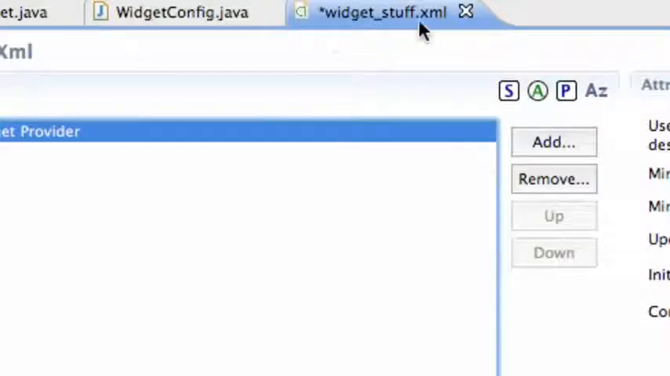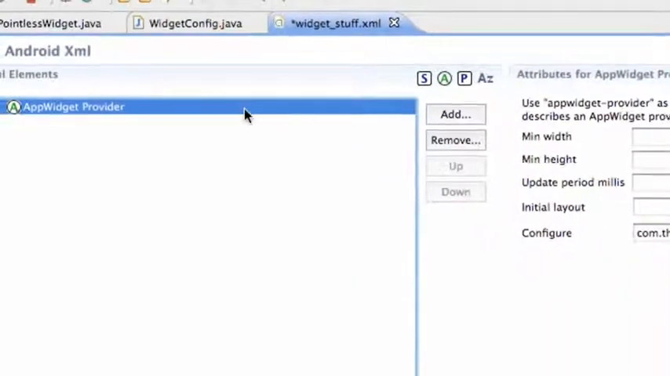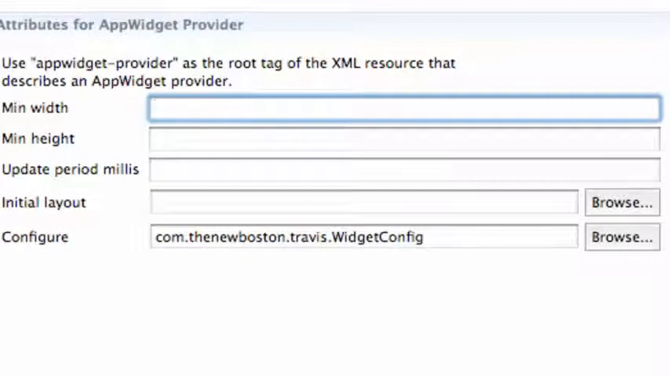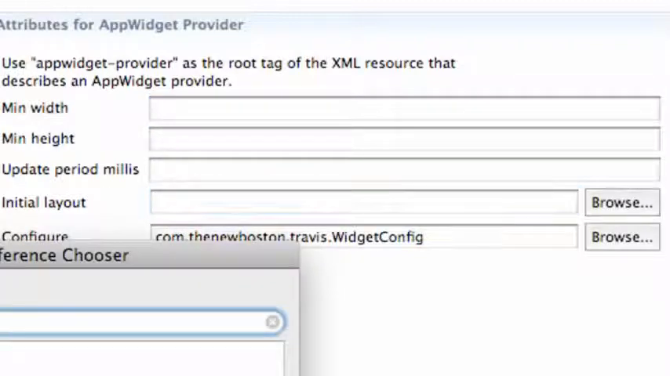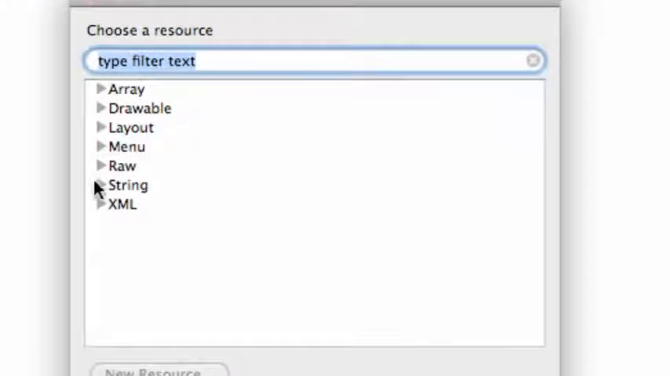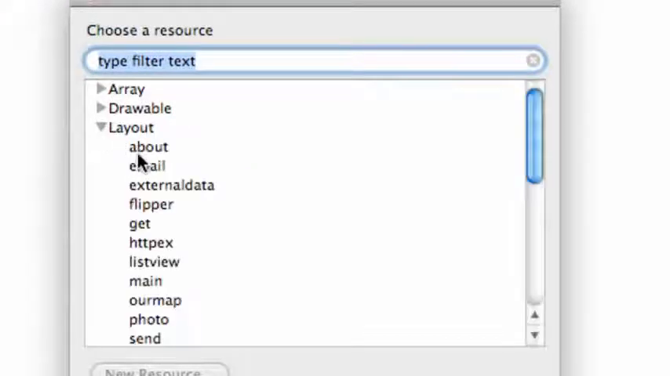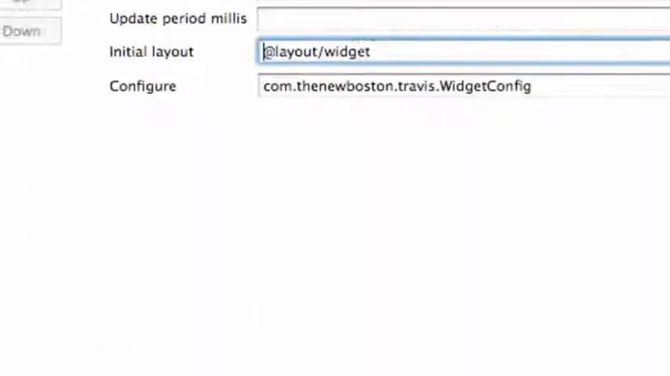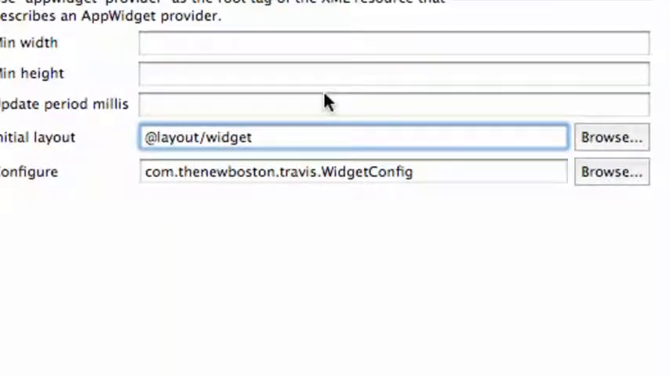So now what we're going to do is go back over to this widget stuff XML. Within this file, we set up the configuration already of what activity we want it to open when we add it to the home screen, but we also need to set up how big we want the widget to be and how often we want it to update, and also the initial layout. So first, we're just going to do our initial layout that we set up. We're just going to go browse, and then it's under layouts, and we called that one widget. So we're just going to hit widget at layout widget,